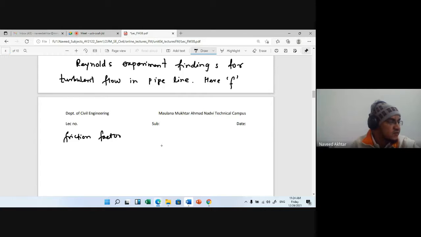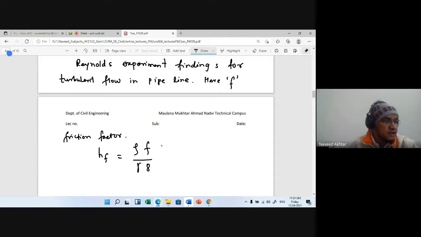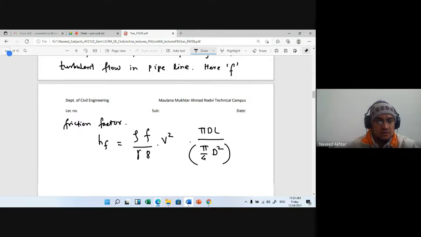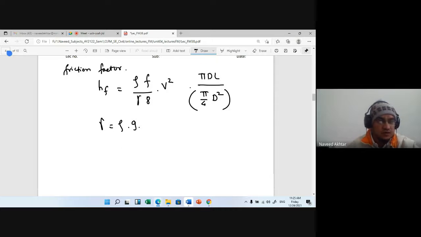So if you write down, HF is equal to rho F into gamma upon 8 into V square into pi D L upon area, which is pi by 4 into D square, the area of the pipe. And you know that gamma is rho into G. So HF will be,